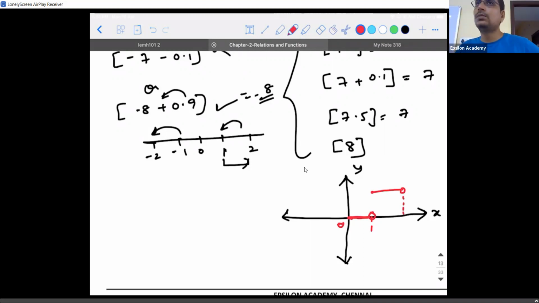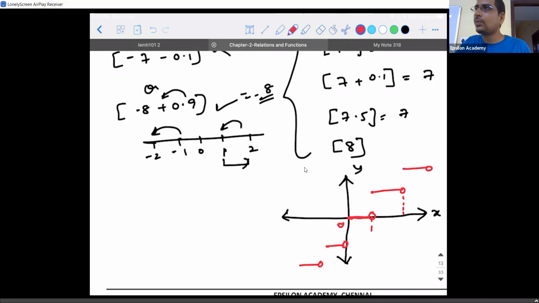The graph has shifted in the xy plane, not along the y-axis. This is the y-axis. Again, 2 point something. You go on the left hand side, you will have an open circle like this, and you will have something like this. What shape are you able to see? Is it not in the form of a strip? That's why we call it the strip of x or the greatest integer of x.